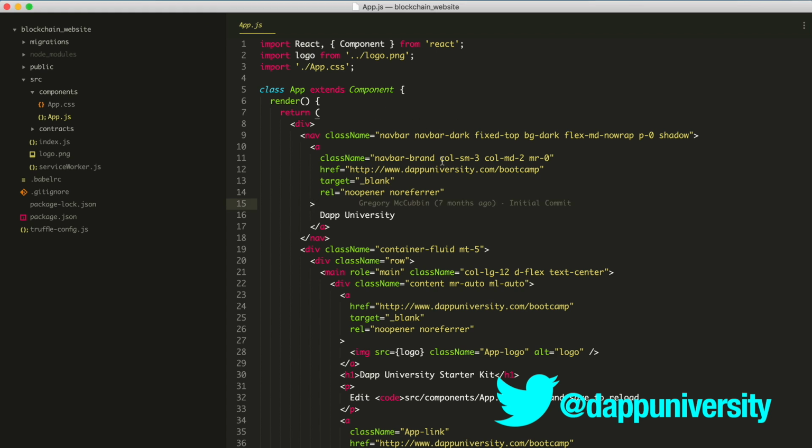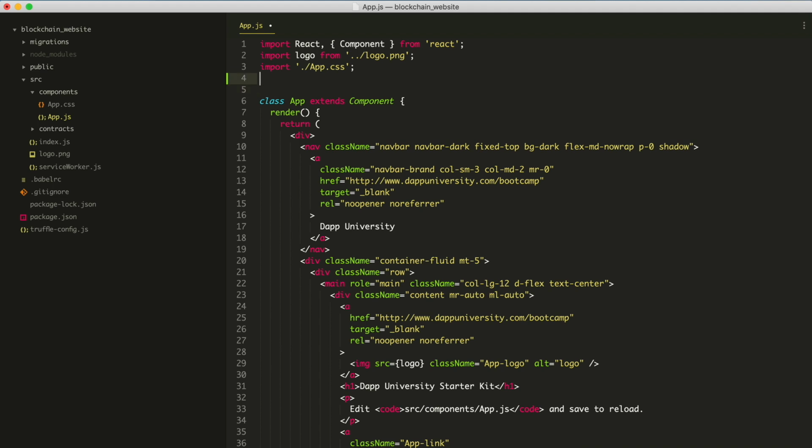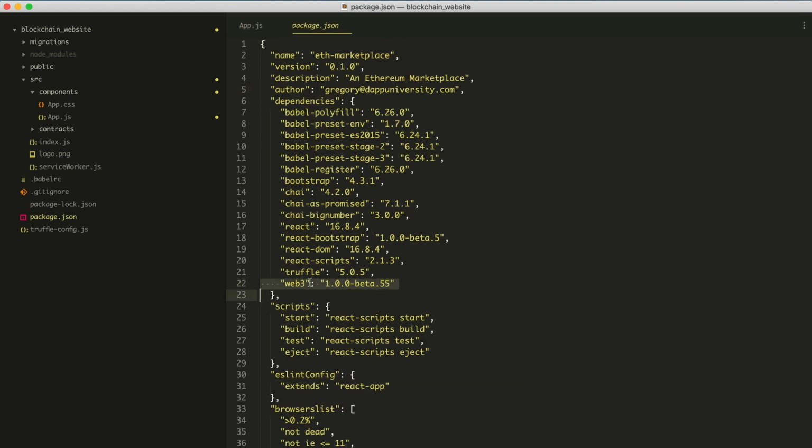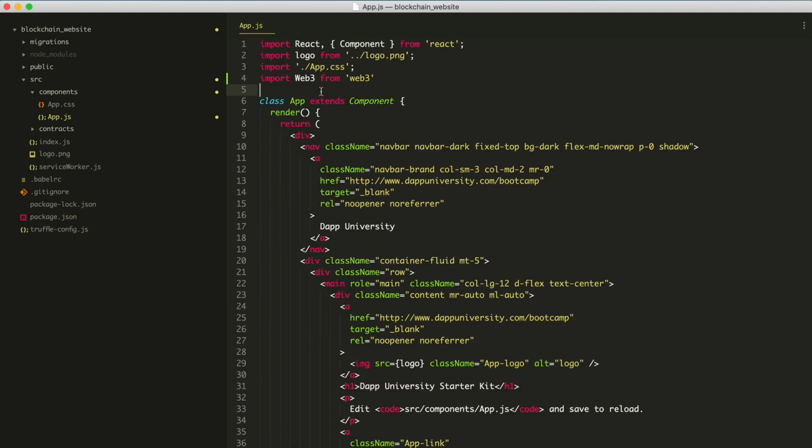In order to make this blockchain-powered website, we want to connect to the blockchain, and we're going to do that with the Web3 library. So we can just import Web3 like this. Boom. Import Web3 from Web3. The reason we can do that with just one line of code is because we already installed it when we installed our dependencies with npm. If you look in the package.json file, you can see that Web3 is included here. So if you're going to build your own React app, maybe without this framework, that's how you could get access to this as well. So we import Web3 like this,